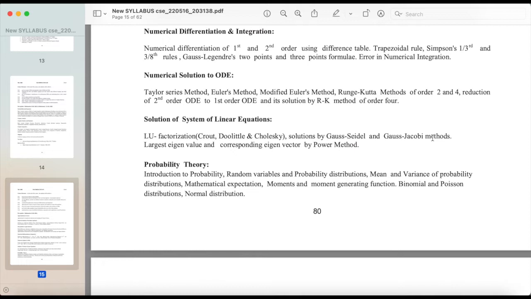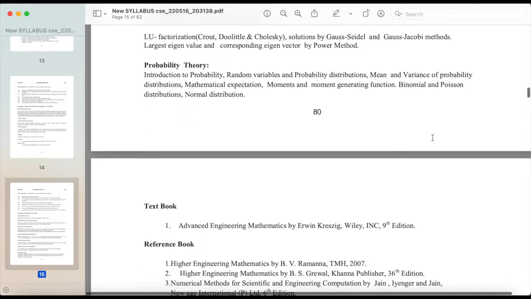numerical solution to ODE, Taylor series method, Euler's method, modified Euler's method, Runge-Kutta methods of order 2 and 4, reduction of second-order ODE to first-order ODE and its solution by RK method of order 4, solution of system of linear equations, LU factorization Kraut, Doolittle and Cholesky, solutions by Gauss-Seidel and Gauss-Jacobi methods, largest eigenvalue and corresponding eigenvector by power